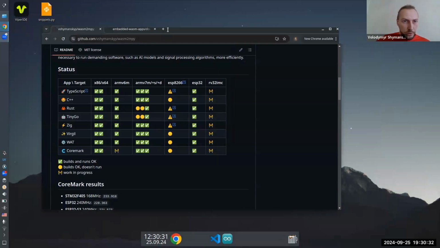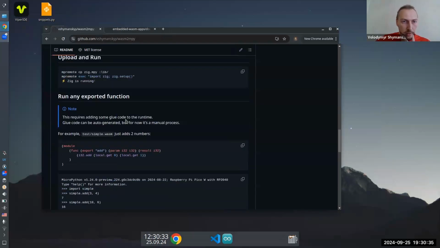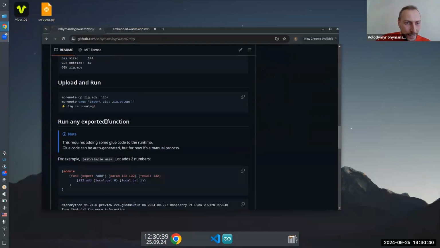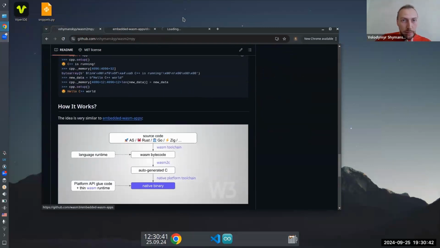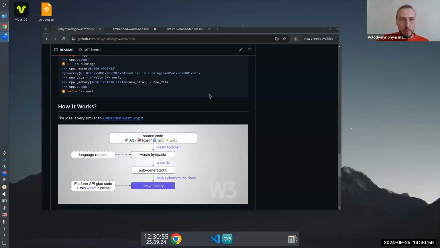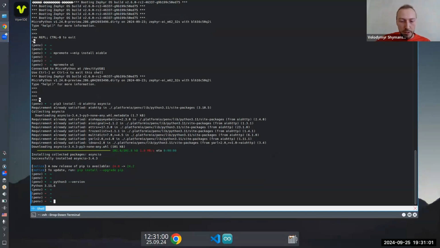Let me try to navigate, because I cannot even close this window for some reason. Anyway, let's get back to WASM apps. Nope. Let's try to use another browser. No. Let's do a new window. No. Okay, I'll do some magic. If in doubt, kill all nine.